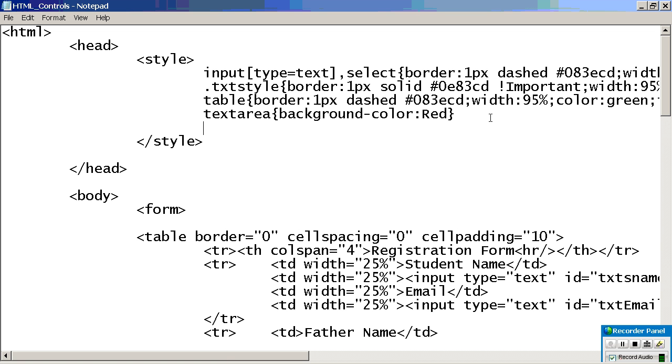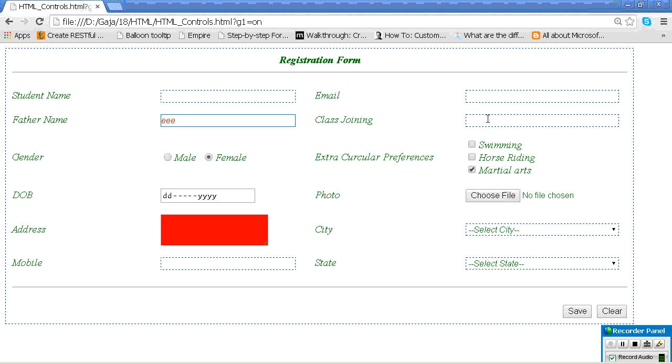If the control has an ID, then you add the hash and the ID. What is that one? GDL. I want to say background color. Now I haven't declared my own style. I haven't used class equal to something. This is the existing ID itself. I have applied some style to that one.